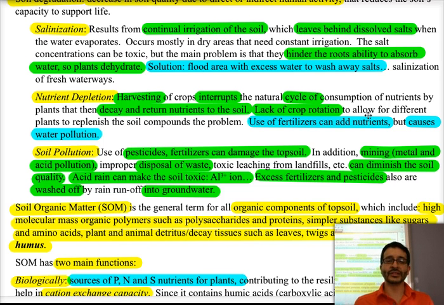How do we fix this? Well, we minimize the use of fertilizers. We have to really be aware of how we reduce acid pollution. We can lime the soil to reduce the acidity. And if you're in an area where there's mining, we have to make a bigger and better effort at containing those metals that are being released into the environment through the waterways. But it is actually a big problem. All right, so those are the three main types of soil degradation that you need to be able to know